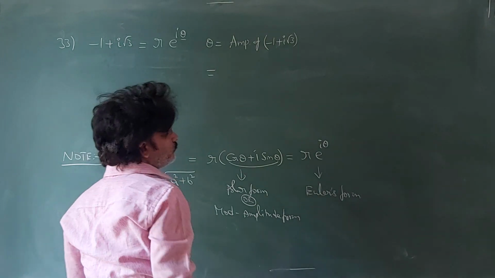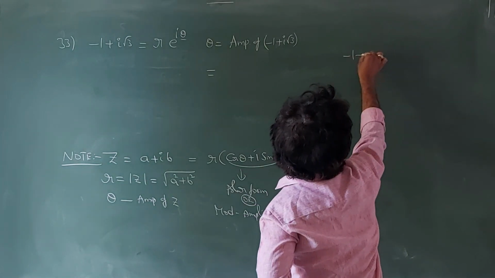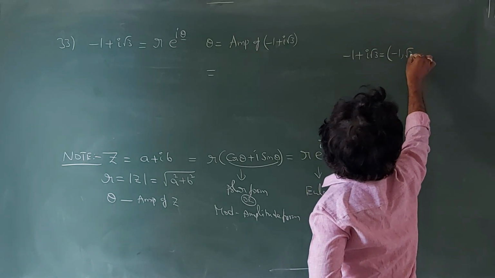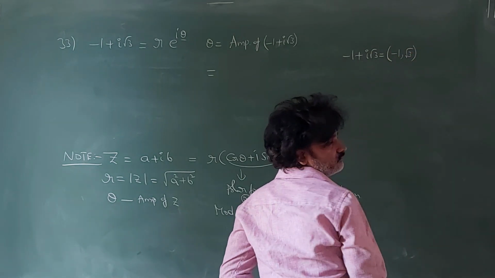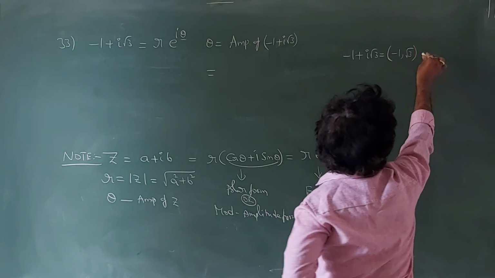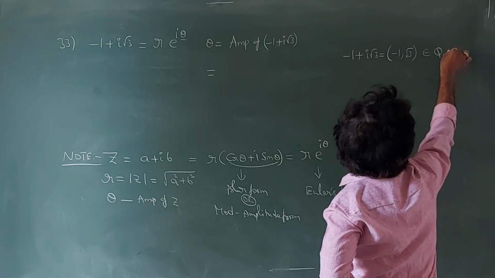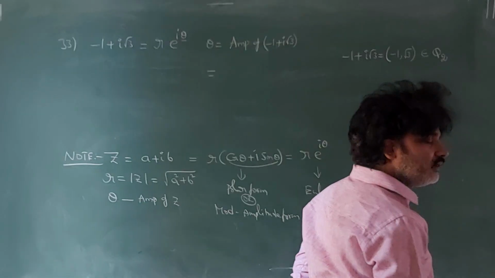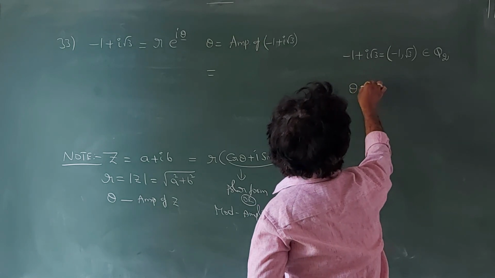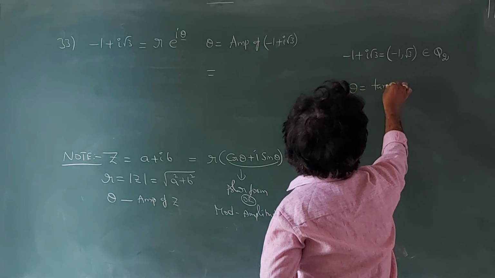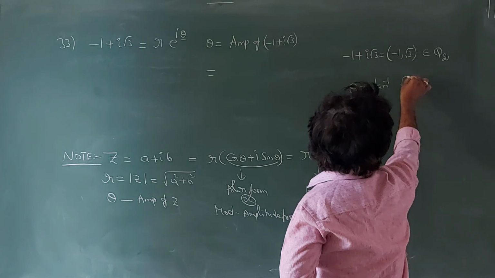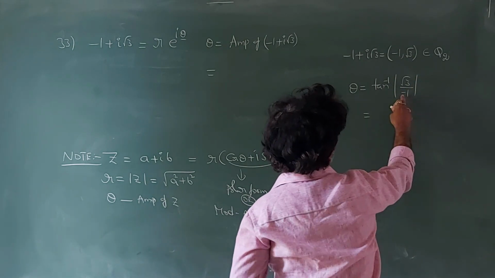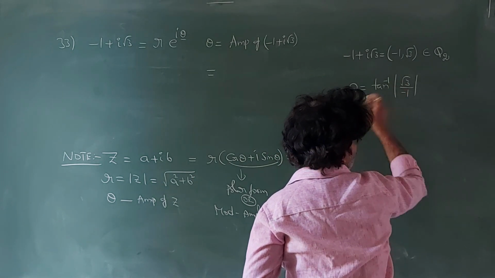Now, taking the complex number minus 1 plus i root 3, geometrically we can write it as (minus 1, root 3). So the x coordinate is negative and y is positive, so it lies in the second quadrant. For the second quadrant, the argument formula is pi minus theta. First, how to find theta? Theta equals tan inverse of b by a under modulus. Since there is a modulus, the minus is considered as positive.